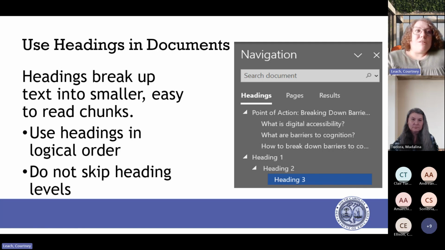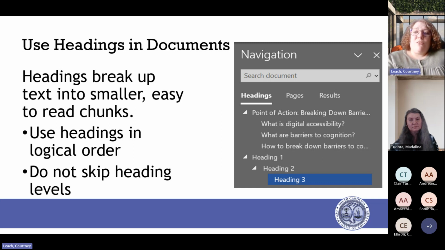They may have a hard time scanning text for specific information, so breaking it up with headings makes it easier for them to find information. It also works just like the slide titles. Screen readers can read off the headings to the user, and they can find their information just as quickly.